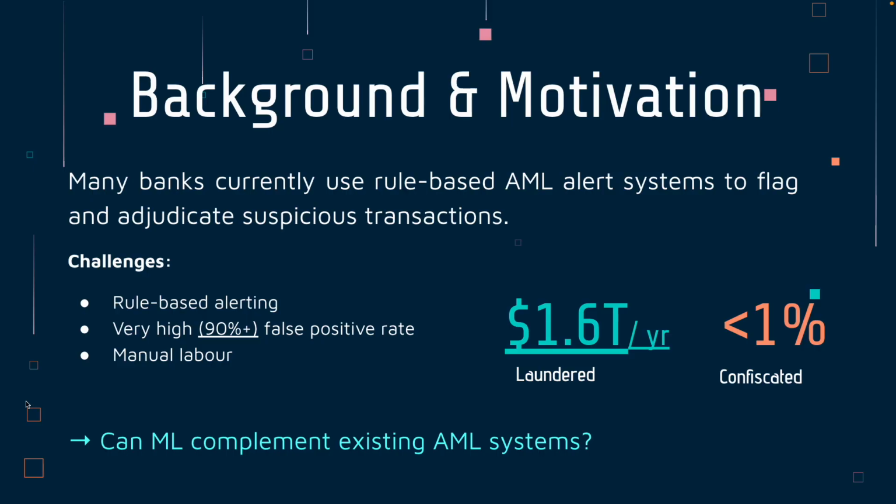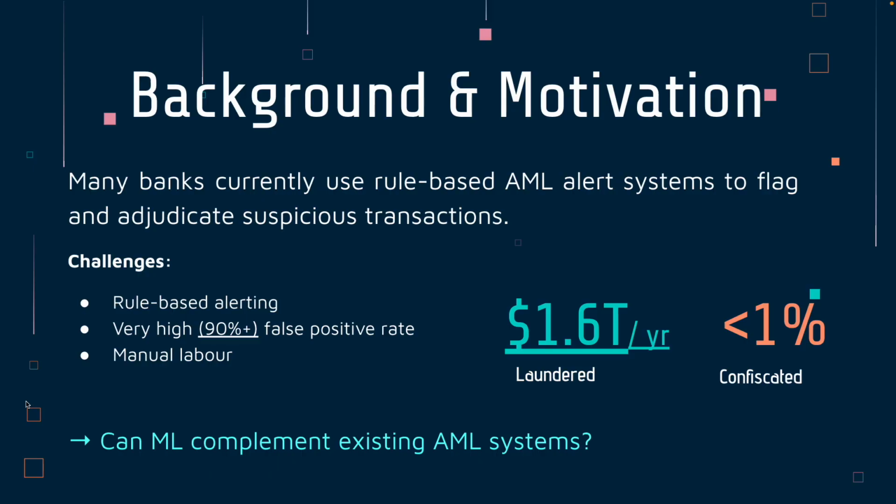Since manual labor doesn't scale very well in terms of cost, and current transaction volumes are expected to double by 2030, high false positive rates in manual processes lead to a very high labor cost and forecasted labor cost, which can create limited resourcing used to combat AML. And you can see that in the success rate: over $1.5 trillion per year is laundered, and less than 1% of that is actually confiscated.